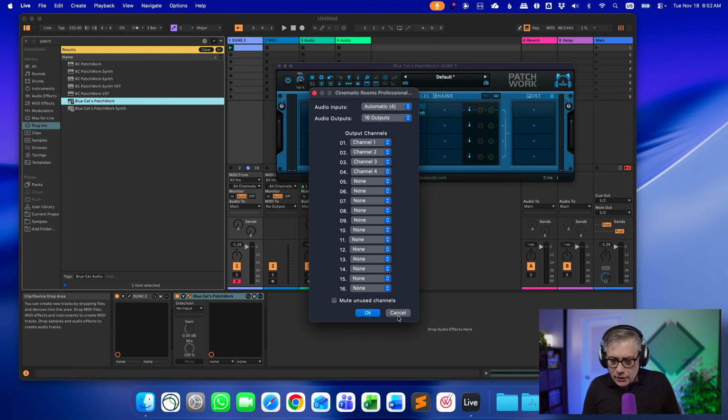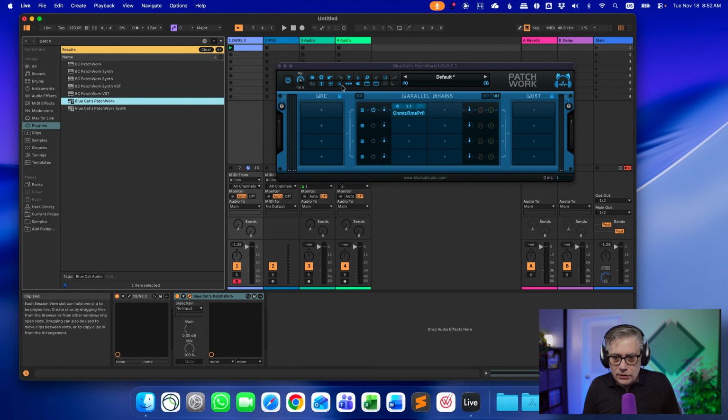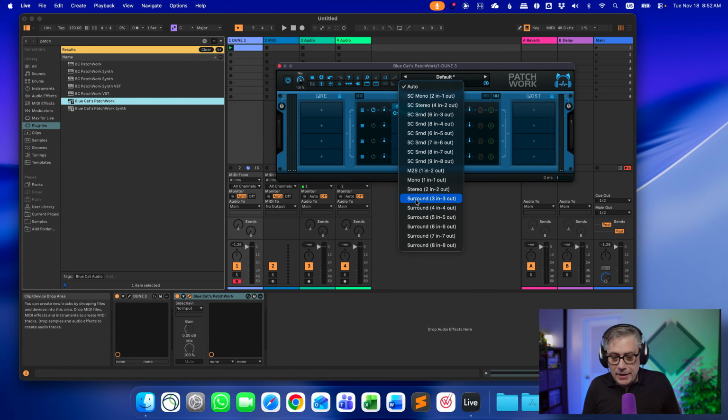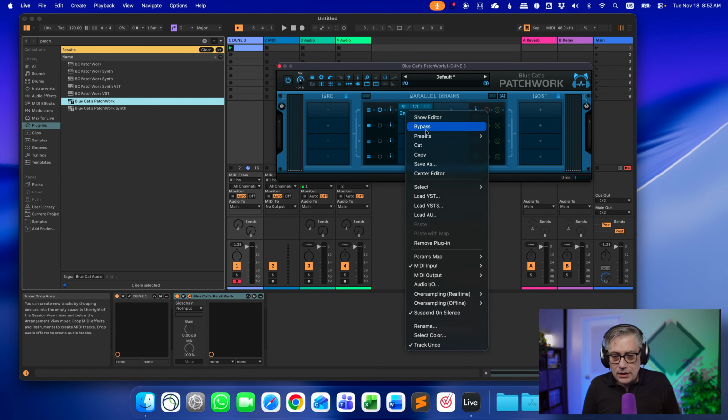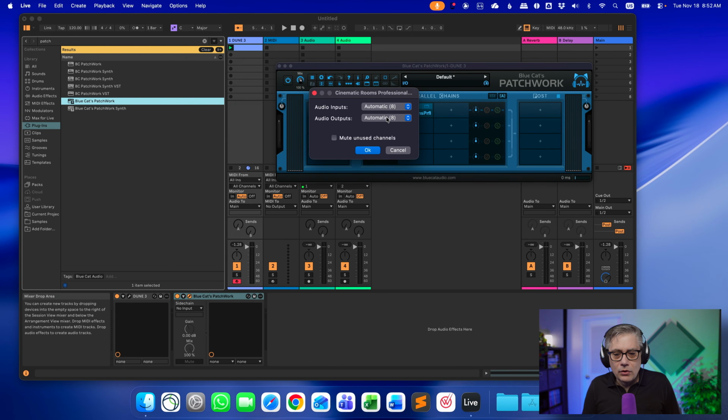The only thing we can do is go into the overall input-output settings and turn the Patchwork plugin into a multi-channel plugin, but unfortunately that allows us only to go up to 8 input and 8 output channels. So if we select 8 in, 8 out, then in the input-output section of the plugin itself we can now select 8, but we can never go up to 16 in the effects plugin. And once again, in the instrument plugin, we will actually be able to go up to 16.